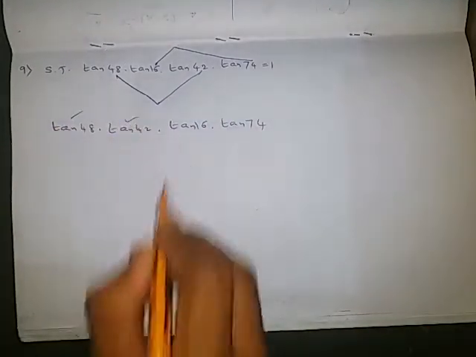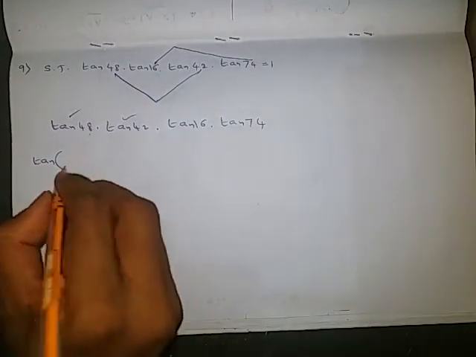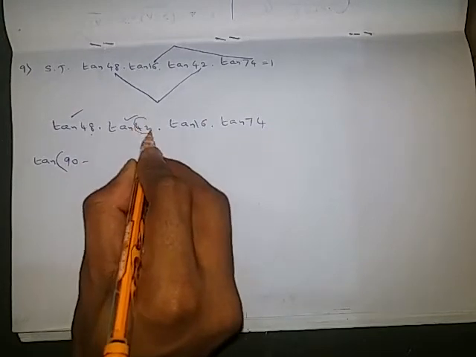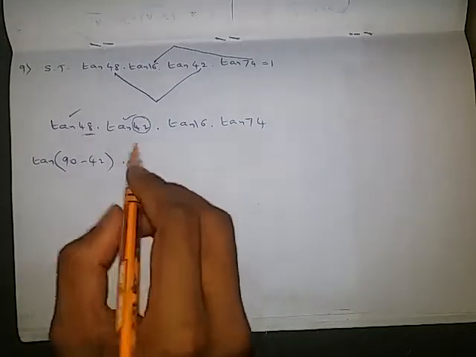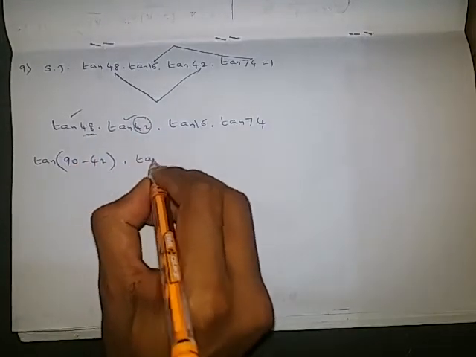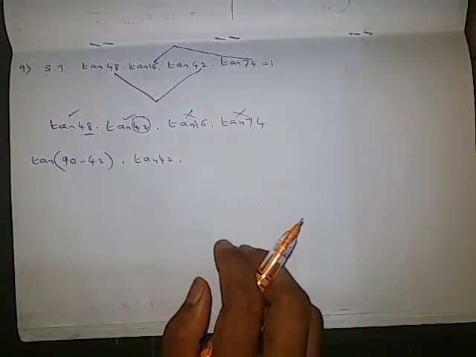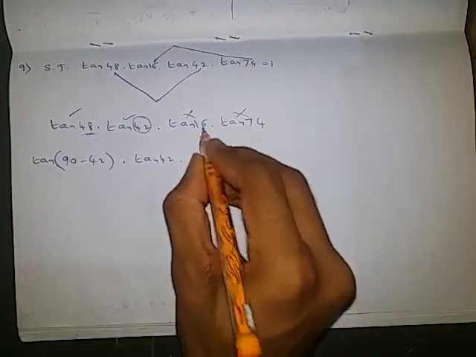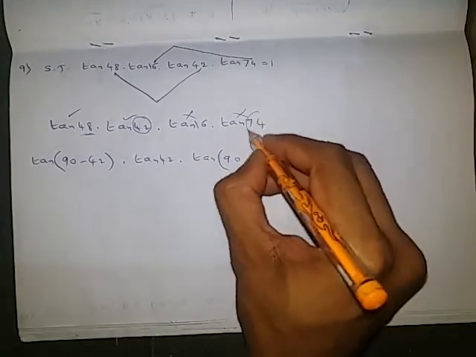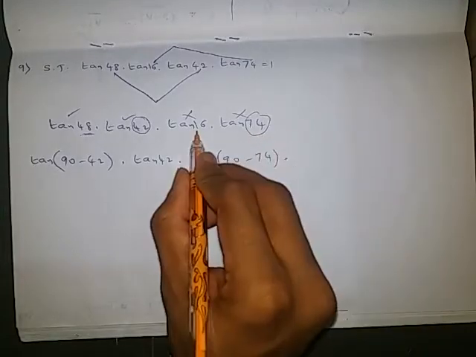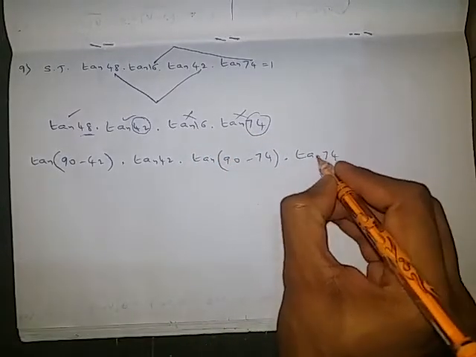Now out of these two, any one we need to change. So I am changing the first one. Tan I will write as it is, and in the place of 48, 90 minus the second number 42. 90 minus 42 is nothing but again 48 only, into the first one I changed, so the second one I will write as it is, that is tan 42. Here also the same, first one or second one, any one only we need to change. So the first one I am changing: tan, here 16 can be written as 90 minus the second number 74, into tan 74, with the second one written as it is.